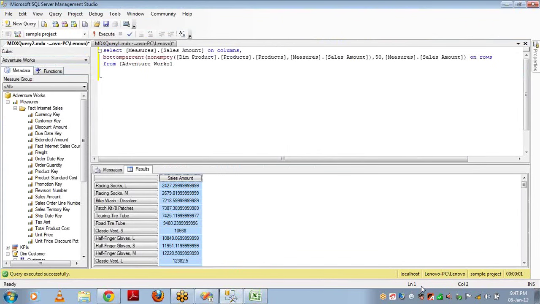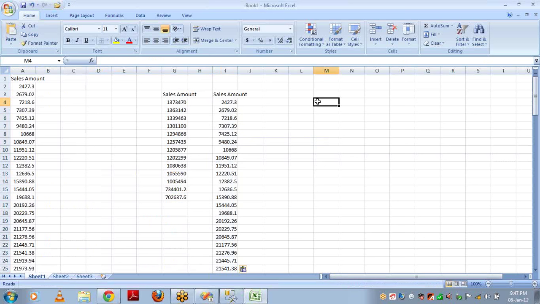Top percent means it will take the sum of the total sales amount and take the top 50%, the top number of records which will form 50% of the sales amount. In a simple example, let's say I have 10, 9, 8, 7, 6, 5, 4, 3, 2, 1 as my sales amount.